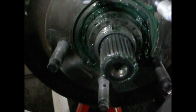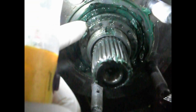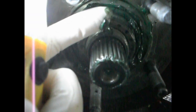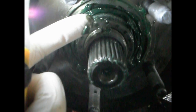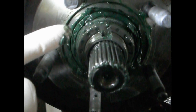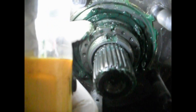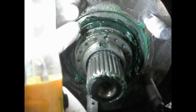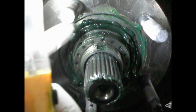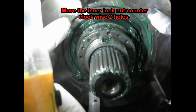Now, since I have the inner lock nut set to exactly 16 inch-pounds, I used an inch-pound torque wrench, I don't want it to change, because if this lock ring ends up moving that way, it's going to end up tightening up my bearings with that inner lock nut, because it'll move both at the same time when I tighten up the outer one. So because of that, I'm going to take this locking ring, pull it out, since I know this is the exact position for 16 inch-pounds on that inner one, and I'm going to take the inner lock nut and loosen it,